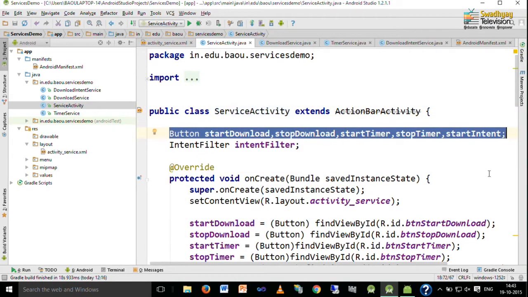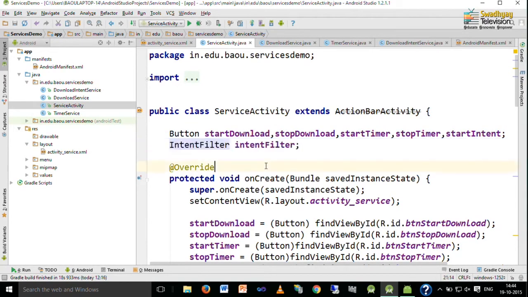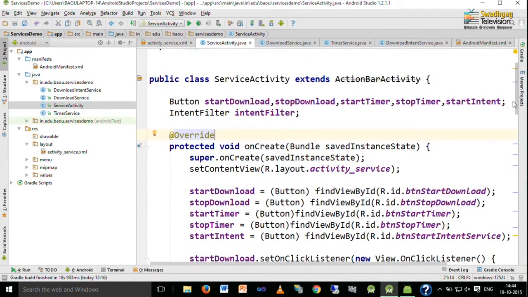So, we declare 5 buttons, used to represent the buttons at design time, with names start download, stop download, start timer, stop timer and start intent. Here we declare one intent filter to receive text data sent by our services.